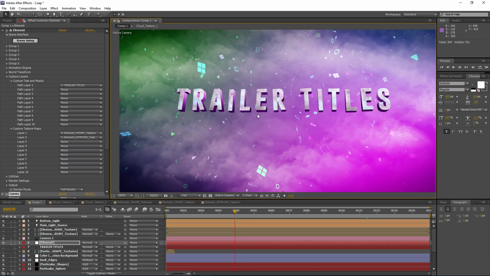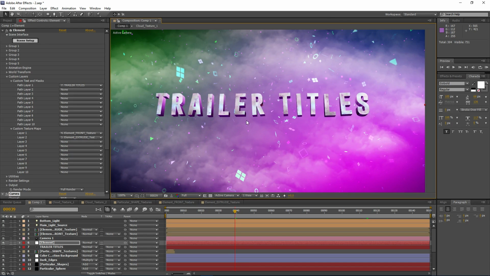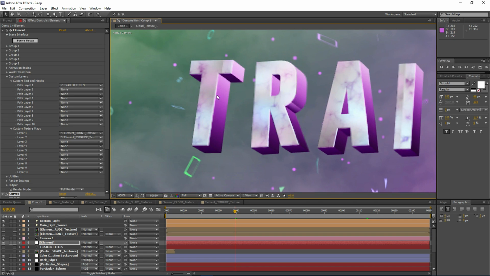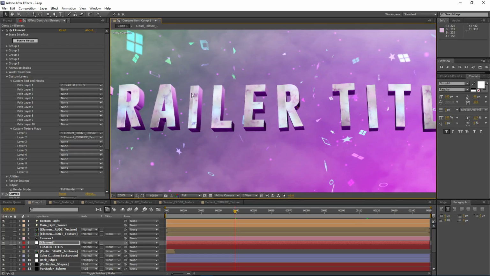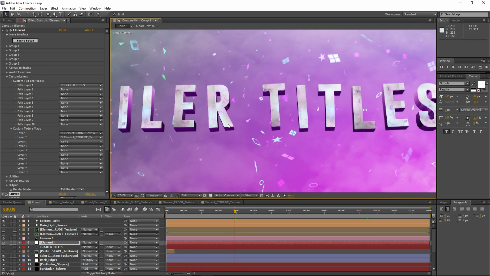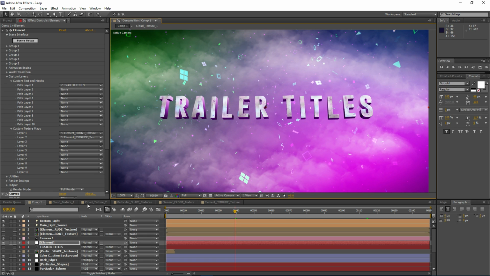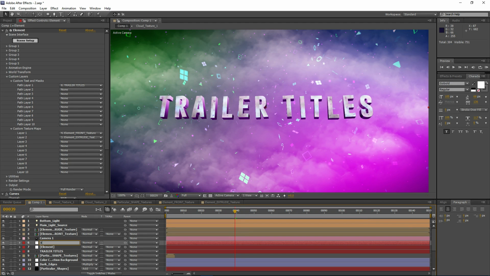We only have one thing left to do. In my original example, I've used some custom effects for the edges of the letters. So here's how we can do that effect. I will grab my element layer and I will duplicate this, so Control D. I'll rename this element edges,